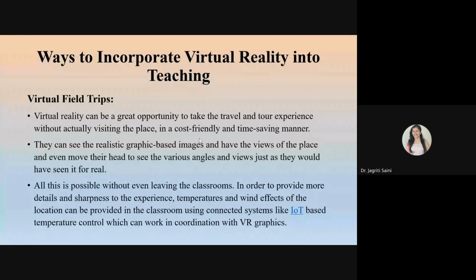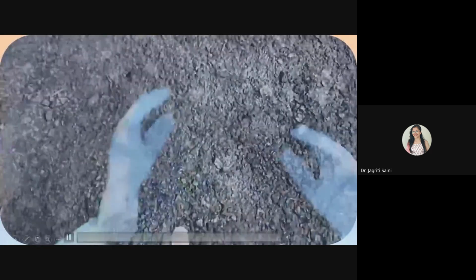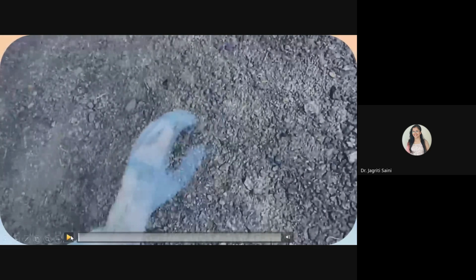The VR graphics can create the real environment for them where they can enter by wearing the headset and they can understand the impact of everything in that particular environment. So here, one interesting video you will see. This is basically what a person might be looking at when he's wearing the headset, and this is a construction site experience on the VR headset, where the student will get every instruction precisely to handle the construction site events. The essential warnings or the task list, everything will be displayed in front of his eyes, and accordingly he can proceed ahead. So let us have an idea about how this may help your students.